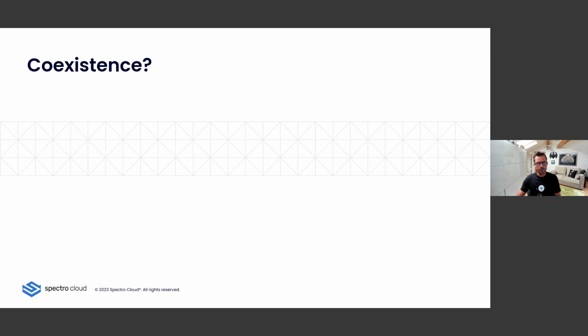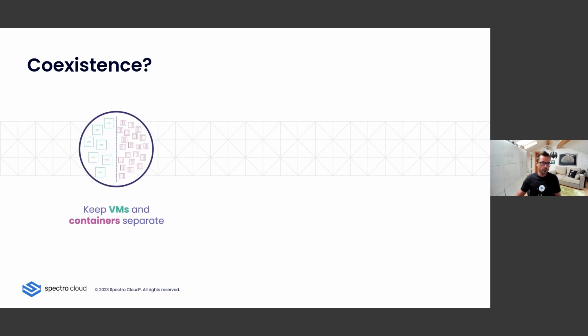So what are the actual answers to that? How do we make virtualization and containers really coexist within the enterprise? For that, we have three major solutions. The first one is to continue to keep VMs and containers separate. This is inefficient and risky. You have different hardware, as I mentioned, different teams, sets of policies, and so on.